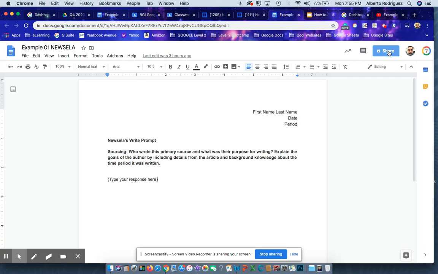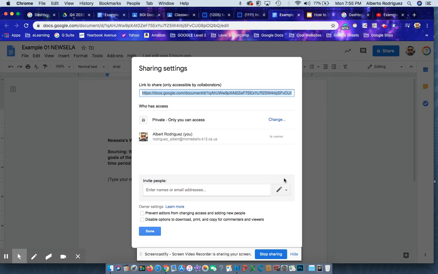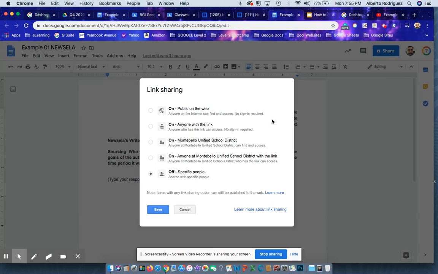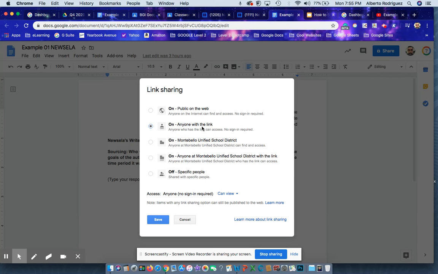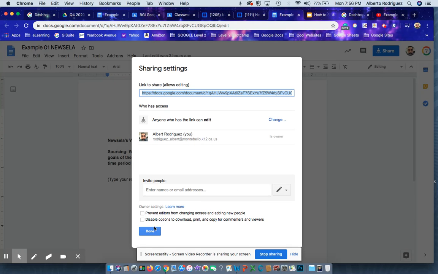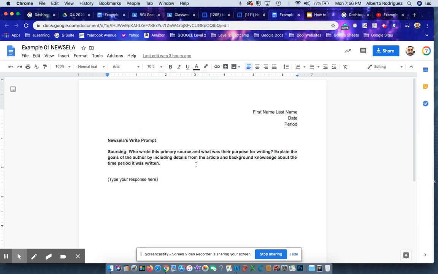Click on share, click on advanced, and then right now it's set to private. I'm going to change that and put it on anyone with the link. And access anyone can edit. I want anyone to be able to edit the assignment. So click save and done. So now that it's created and now that it's saved into my correct folder, I can come back